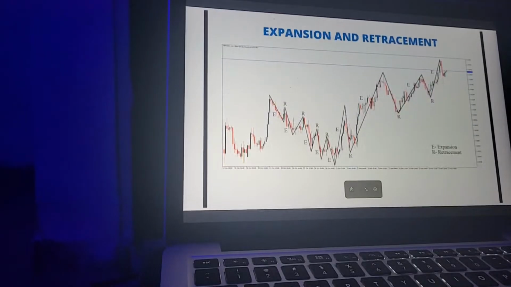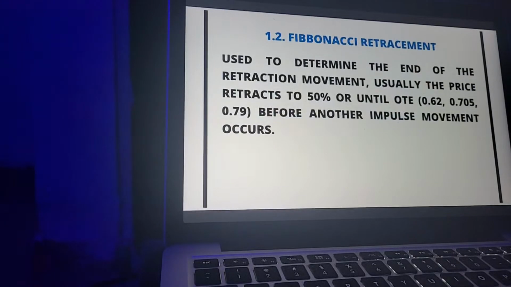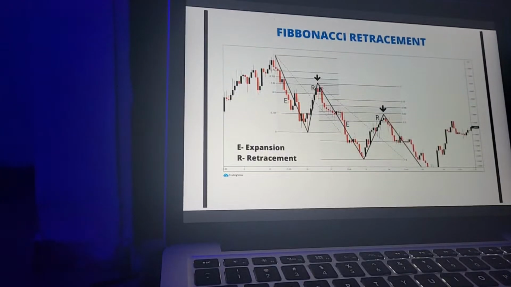Now right here, if you have actually placed our Fibonacci right here, don't worry, you can just go straight to doing the practical with our TradingView and GoCharting app. So right here, you can just type this down into your notes, and for the next part, let's see how the Fibonacci works.